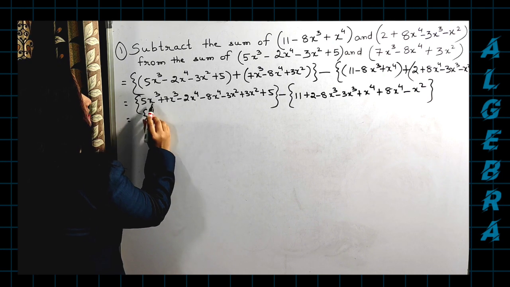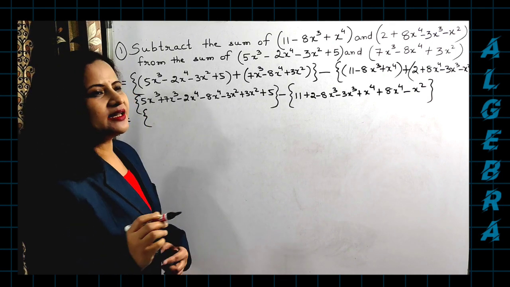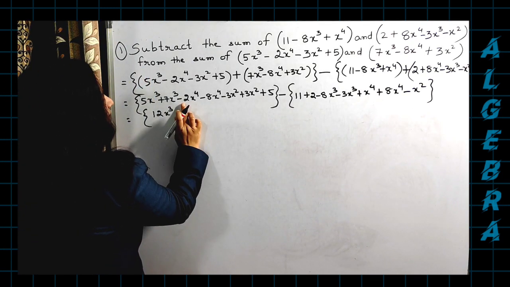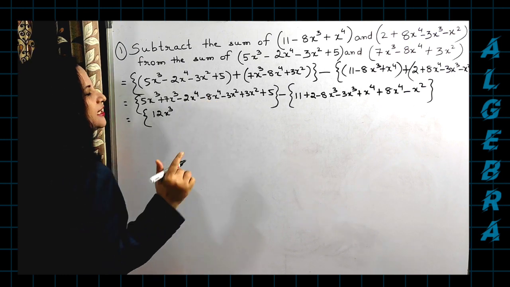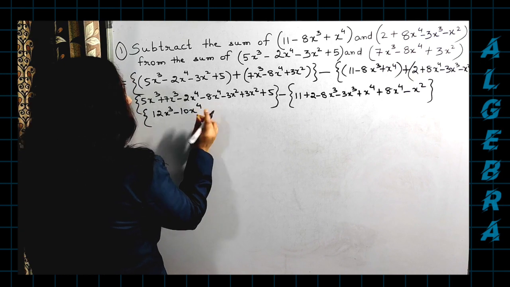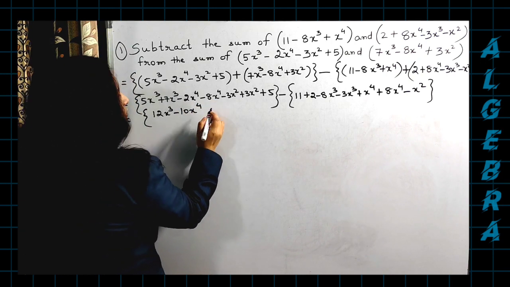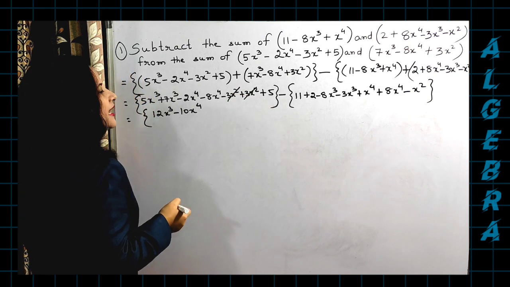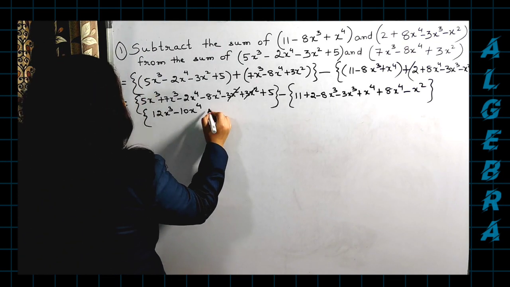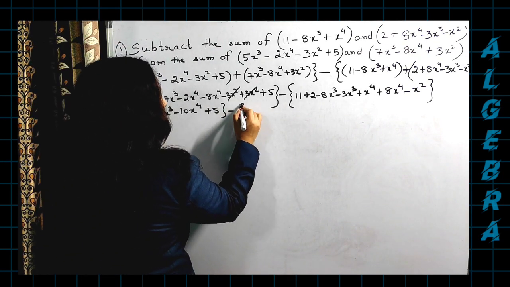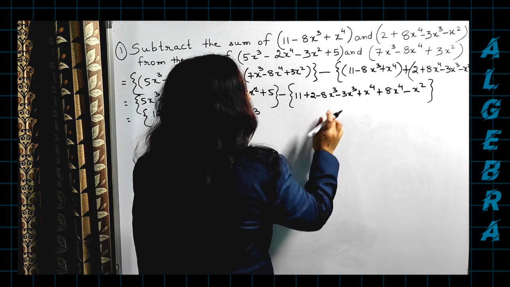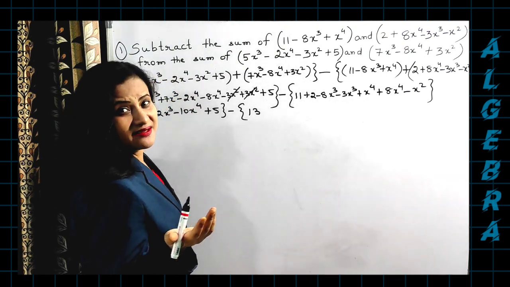Now you know these two are like terms, x cube, x cube. So 5 plus 7 will give us how much? 12x cube. And these two are like terms. Minus 2 and minus 8, you know it is minus 10. I'm not going to explain any more on integers, okay? You are clear with that. So minus 2 minus 8 is minus 10x to the power of 4. And these two will directly cancel out because both have opposite signs with the same value, okay? Now plus 5 minus 11 plus 2 is minus 4, minus 8x cube minus 3. Minus 8 and minus 3 will give me minus 11.